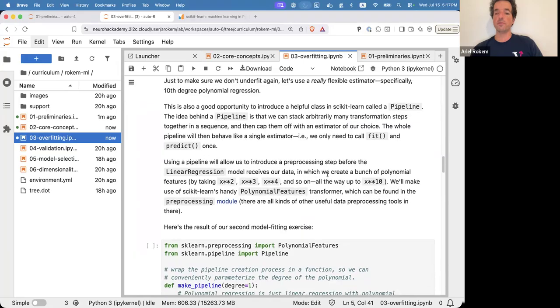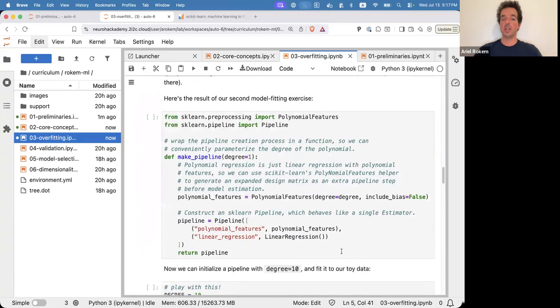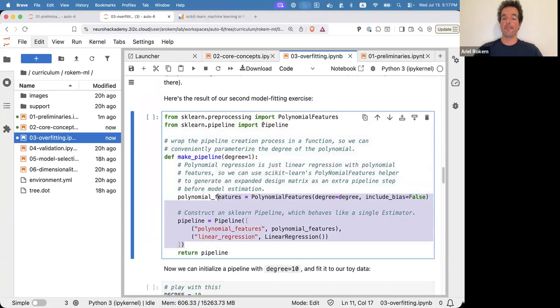Now, we can also go and fit a much more complicated model. Let's fit a model called a polynomial regression model. In a polynomial regression model, we generate regressors that are x squared, x to the third, x to the fourth, and so on. So we generate a set of regressors for the data that are a set of polynomials. This is done here using some code. I won't go into the details of the code except to tell you that, because polynomial regression is a common thing to do, the scikit-learn preprocessing module has this thing called polynomial features, and also we can generate what's called